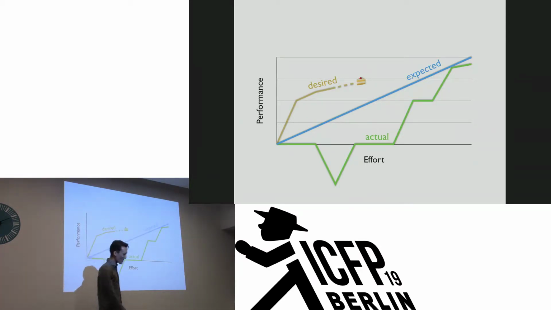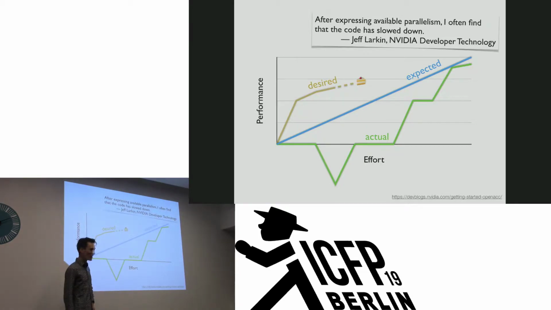And you laugh, and that's good, but this is actually a real thing, right? So this is a quote from Jeff Larkin. He says, "After expressing the available parallelism, I often find the code has slowed down." And so Jeff works for NVIDIA, a company that is selling this hardware that people are trying to use. He works for the Developer Technology Division, and he's talking about a programming model called OpenACC. This is something they developed to help people make better use of their hardware. And so if the people that are selling the hardware and designing the software to help you use it say that, yes, this is very difficult, my programs often get slower, then